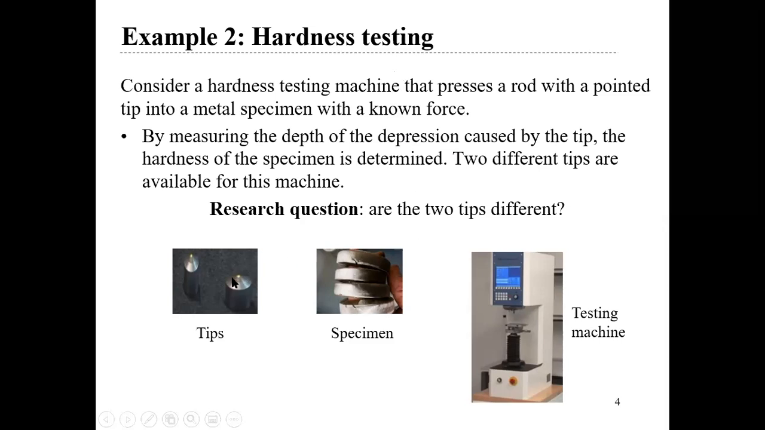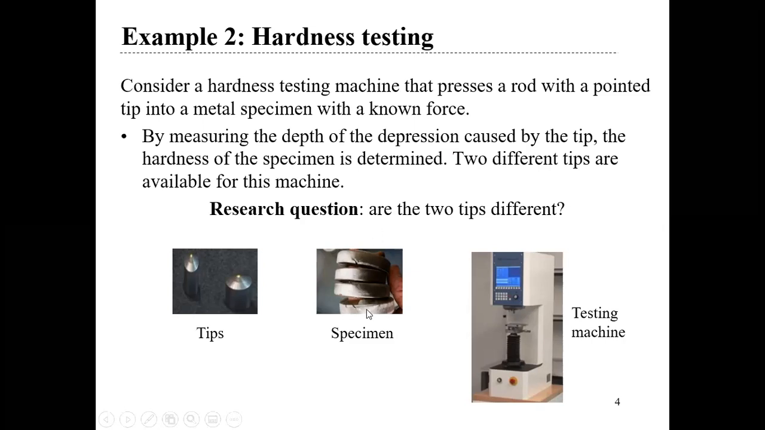So what experimental units should I use to apply these two tips? You can apply them to the specimens. So for example, if I have 20 specimens, I can assign 10 for this one, 10 for this one. This is completely a special case from the complete randomized design, which is the first case in chapter 1. But